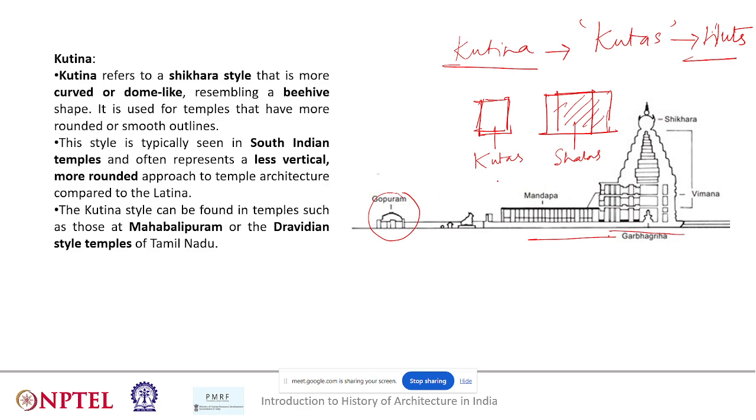Also, in this Kutina style, most of the temple complexes that you will see are within an enclosure. You can consider this to be the Gopuram, the entrance way. Gopuram is nothing but the doorway or the entrance way to the temple complex. The temple complex is enclosed by a wall, and you'll find the main temple complex somewhere in between, like this. I hope you all can see my drawing.